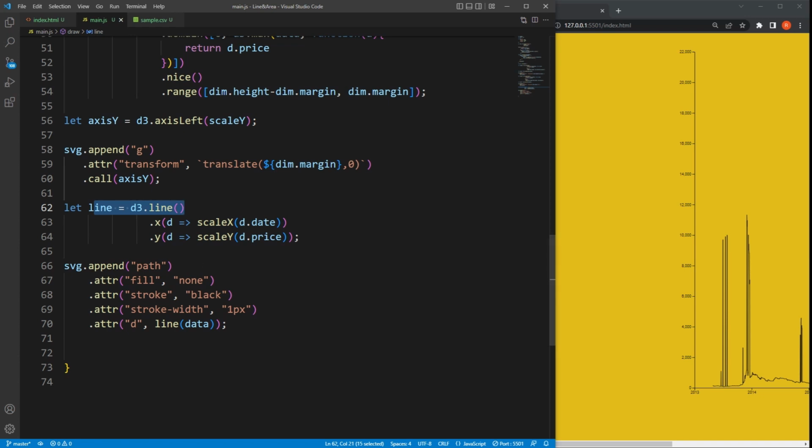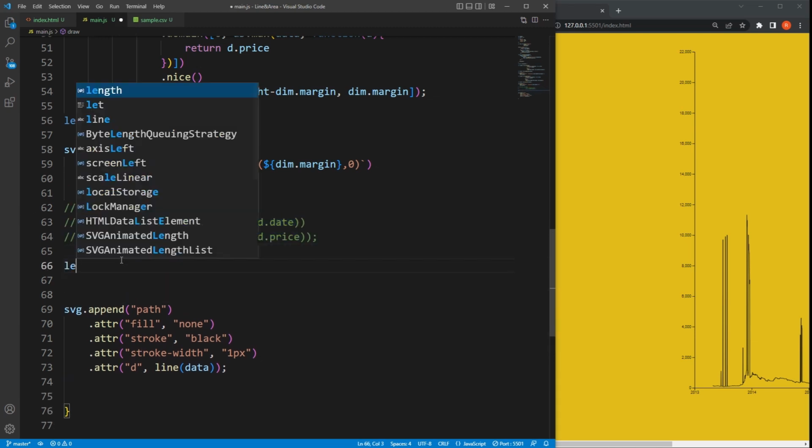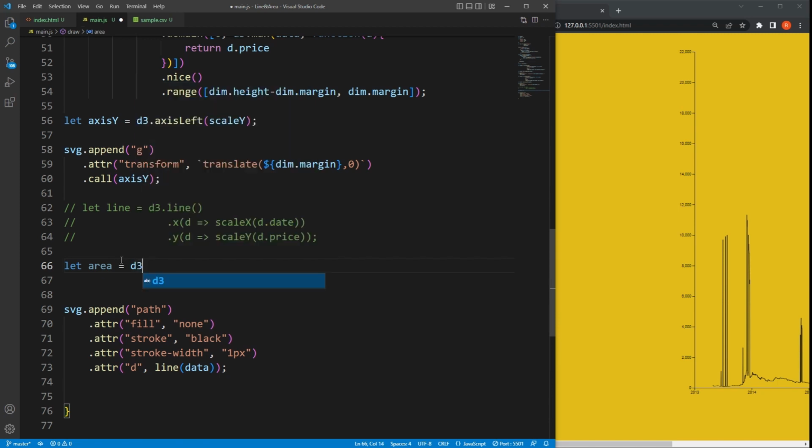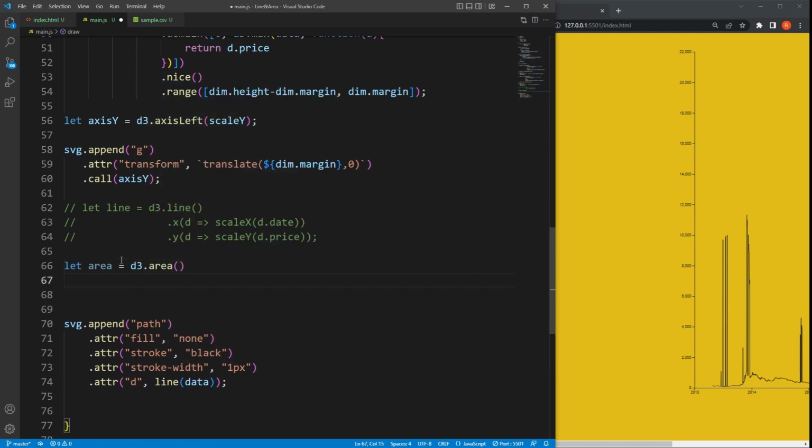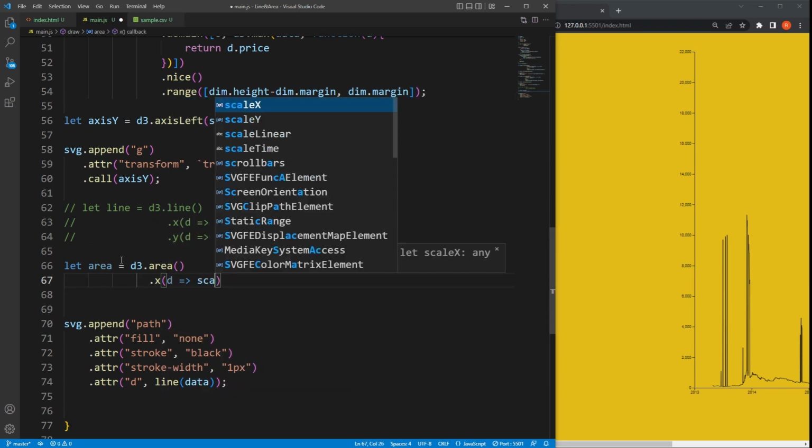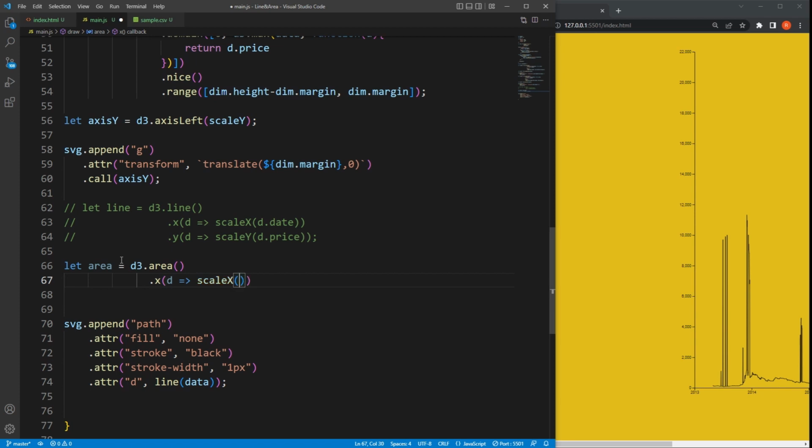So once the line chart is ready, creating an area chart is also pretty straightforward. All we need to do is, rather than using a line generator, we use the area generator. And for that we say d3.area. The difference here is the area generator needs 3 attributes. An x attribute, same as the line chart, we'll pass the d.date value to scale x, and then the area generator needs